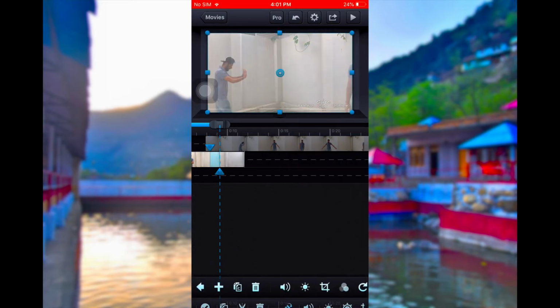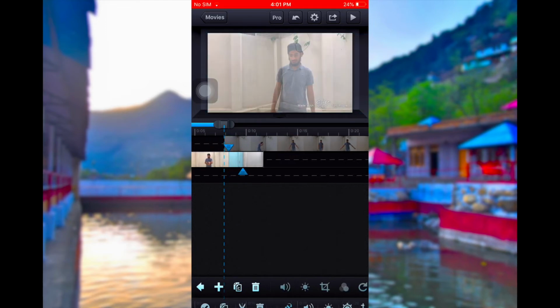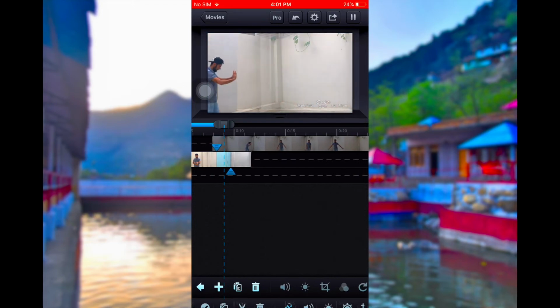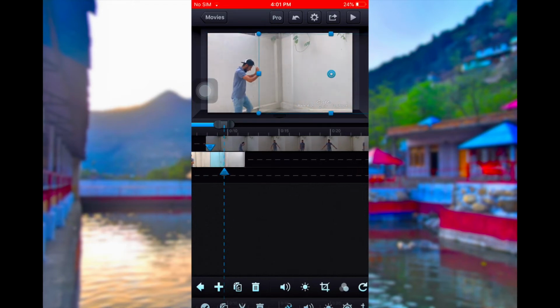Okay, so make a custom transition and take the transition to the part where you think that your constant level of movement has finished. So I will place it right here. Okay, now if you watch it, we can see that it's pretty good, but at last we have slowed down,